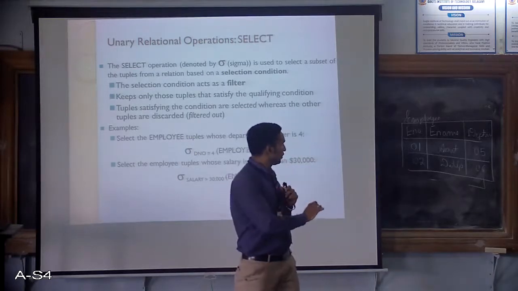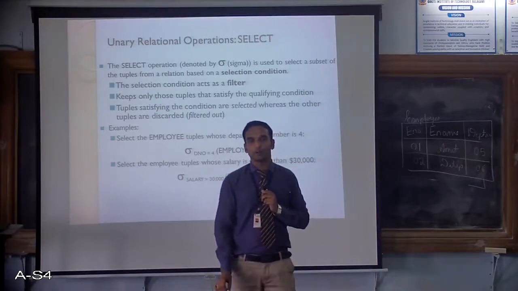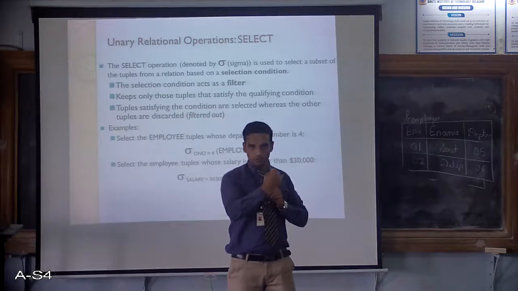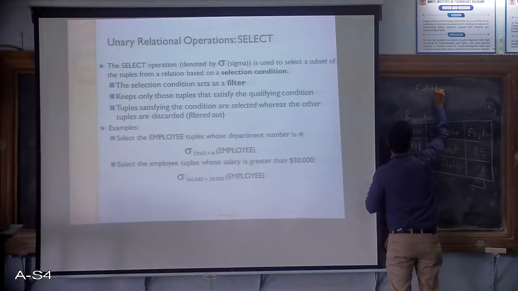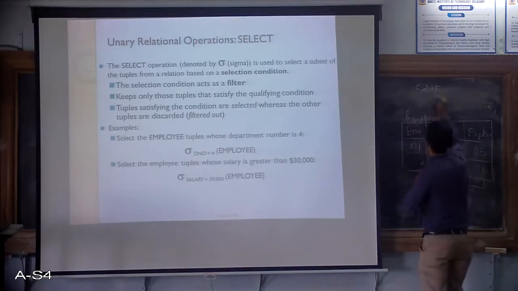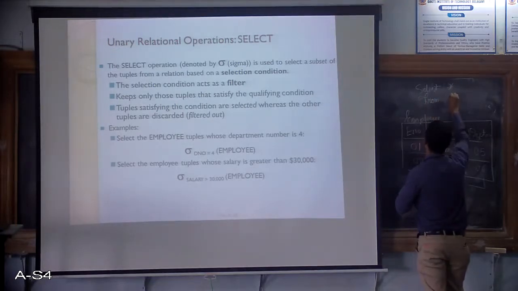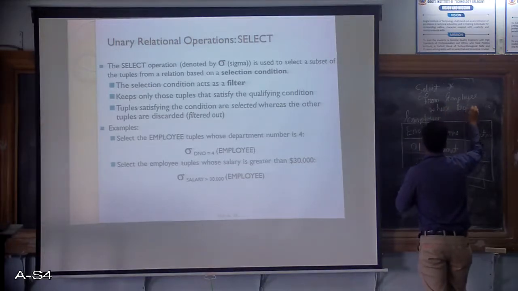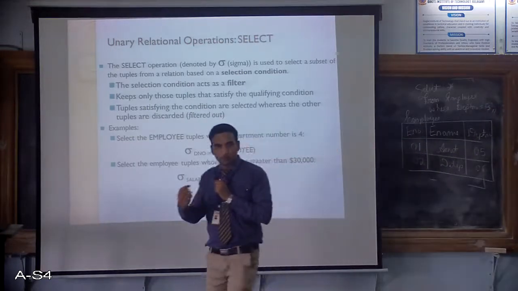Yes? So for example, if I want to fetch the details of the employee who works for department number 5, what am I targeting here? The rows, right? So how would my SQL query be? Select. I'm selecting the entire row, so the wildcard is star. Select star from which table? Employee. Where the condition is DPT NO equal to 5. This is how I write the SQL query to fetch the rows from a table.